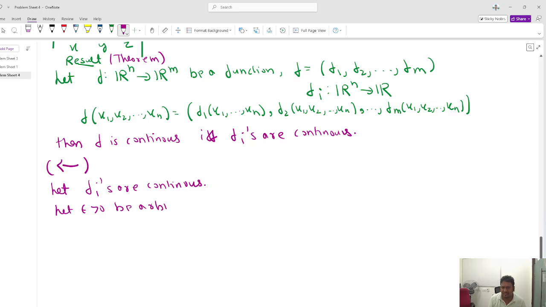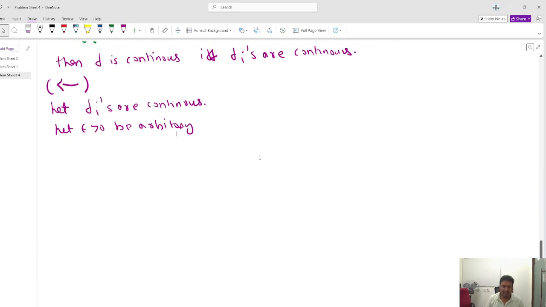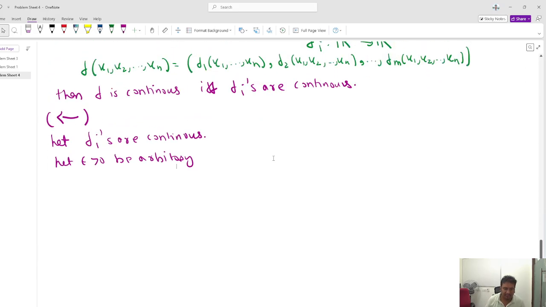How do we show a function is continuous? I always told you to write this property, right? What you have to show. So take any arbitrary point a1 up to an in Rn. We will show that it is continuous at this point, meaning it is continuous everywhere. So to show,